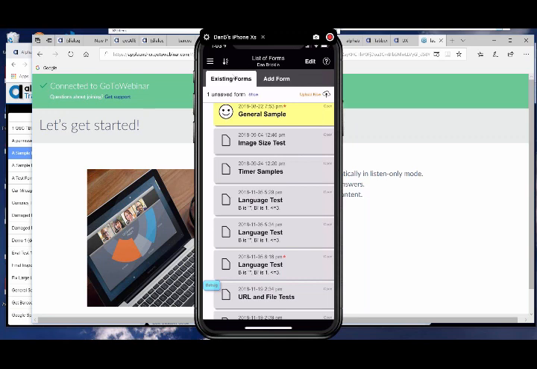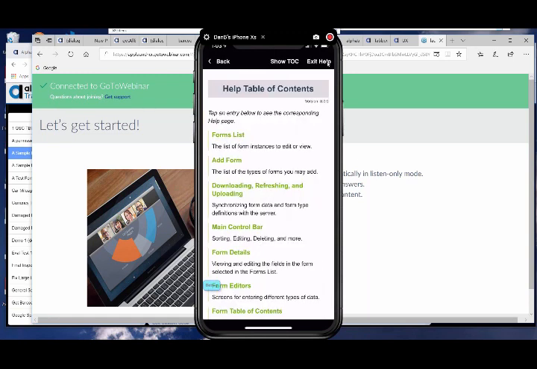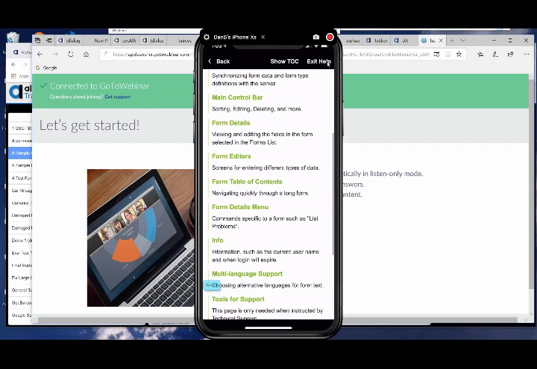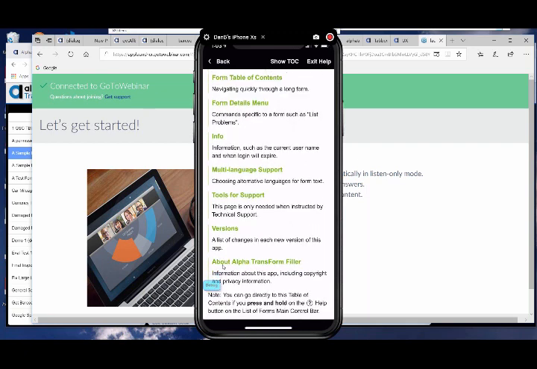By the way, if you press and hold on the help, if you don't know that, it takes you right to the table of contents, which is useful sometimes. I didn't know that. That is cool. Yes, if you want to go down, you'll see our little debug here, which if you ever do